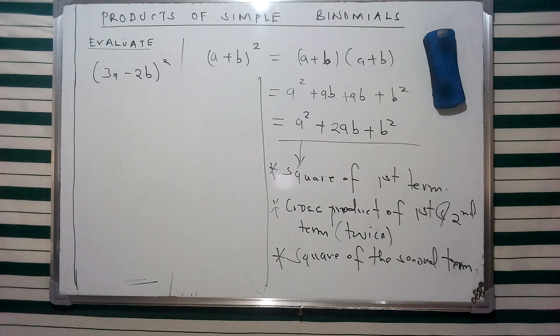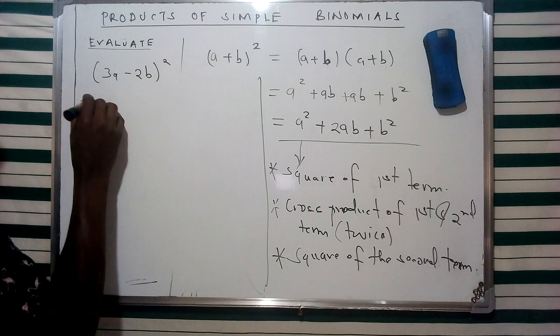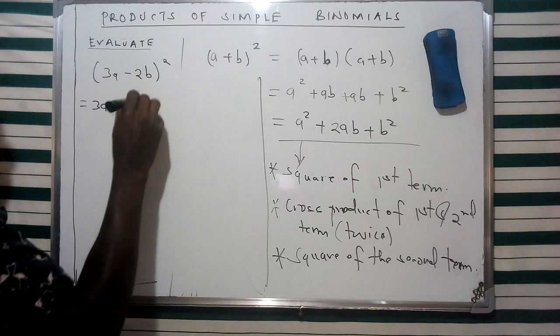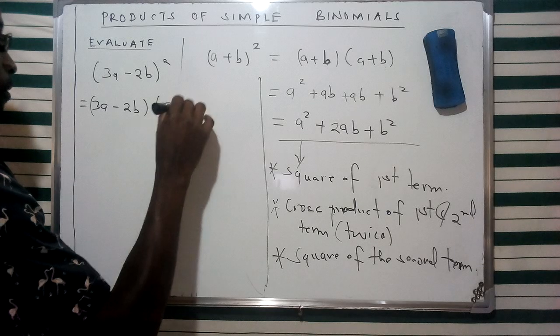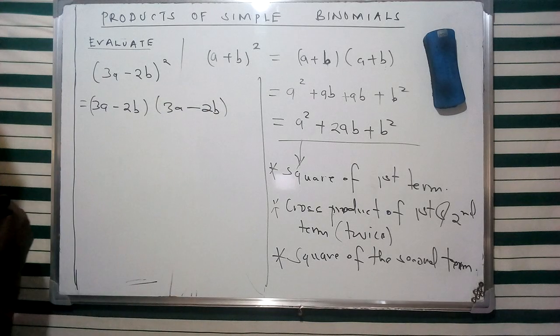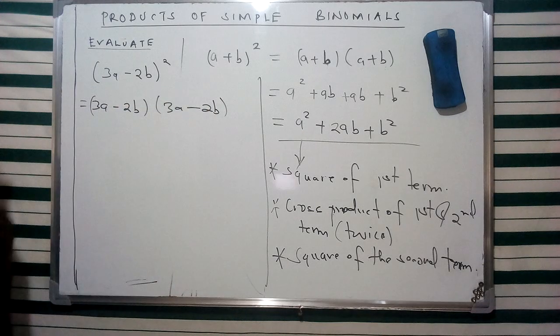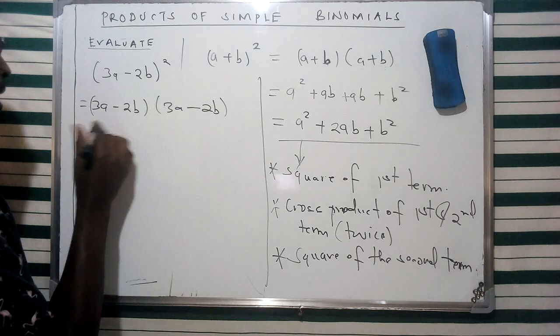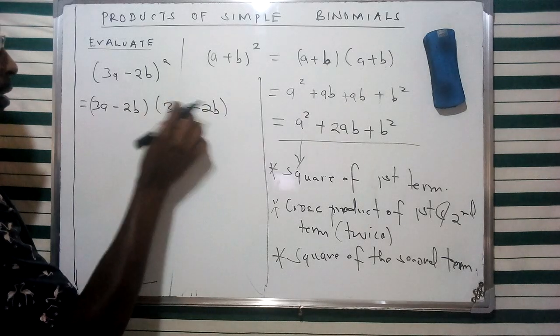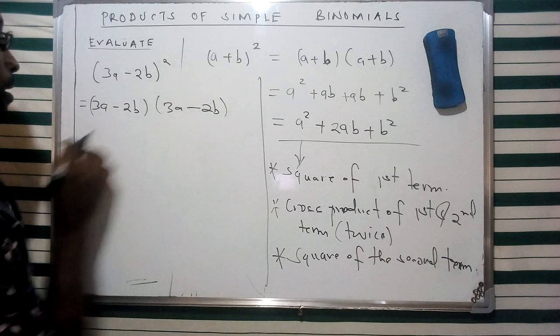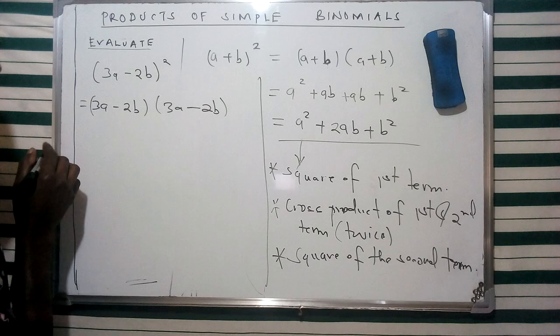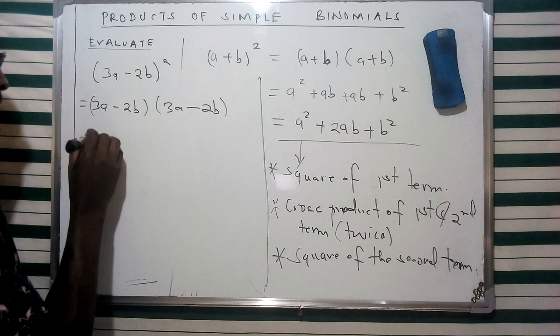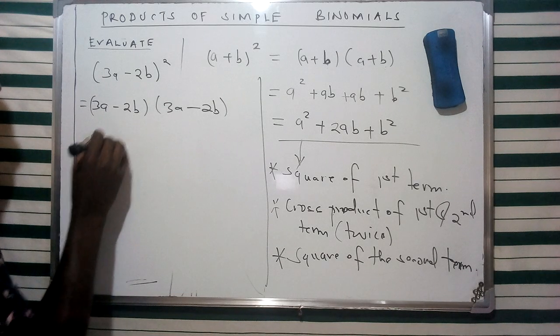So this is going to be 3a minus 2b. We've said that we're going to do a square of this one. So we'll be taking note of the sign which appears in between, and see what differences we're going to obtain. So this is 3a and 3a. So we take the first term and multiply with the specific terms of the other part of the expression. So we're going to obtain the square of 3, which is 9a